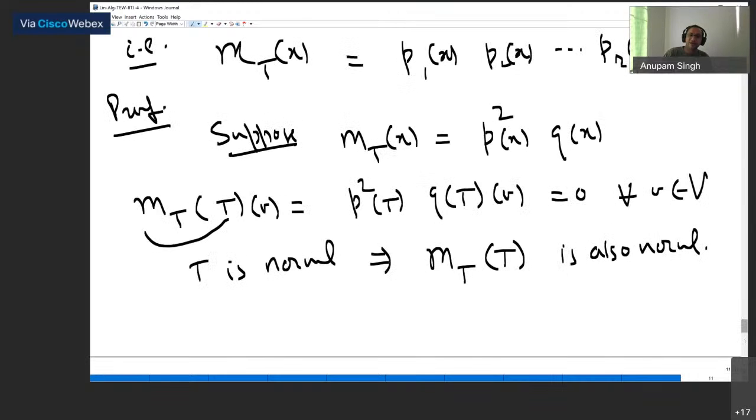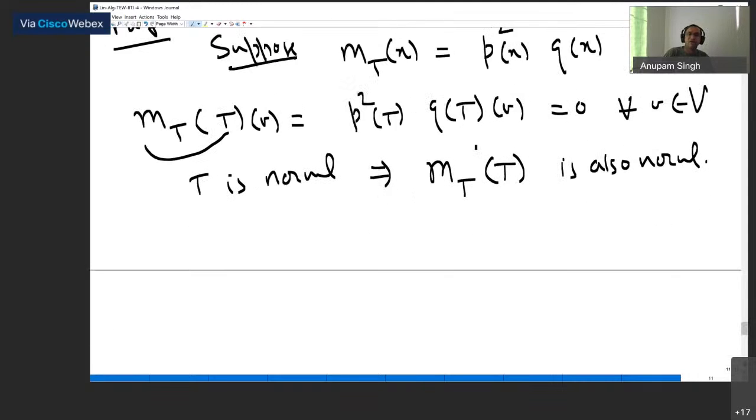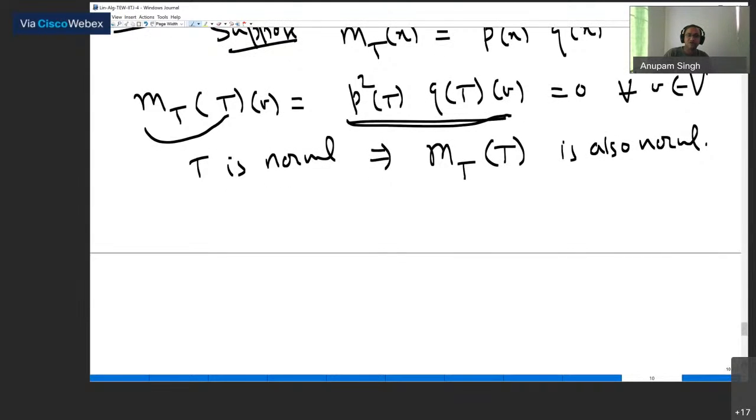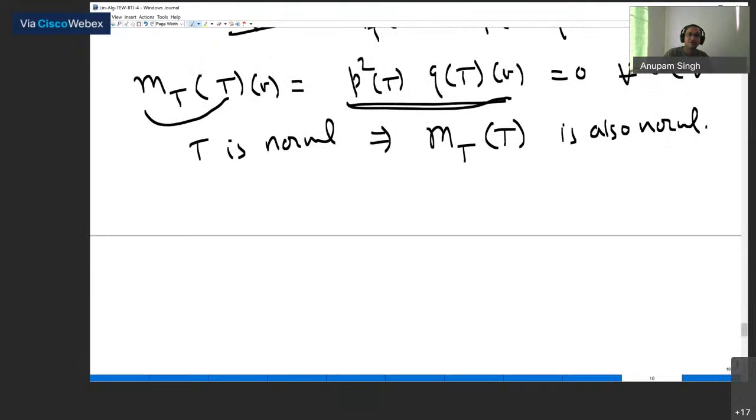Now I want to use this and apply the previous step. So we will take P(T). This is also a normal operator,